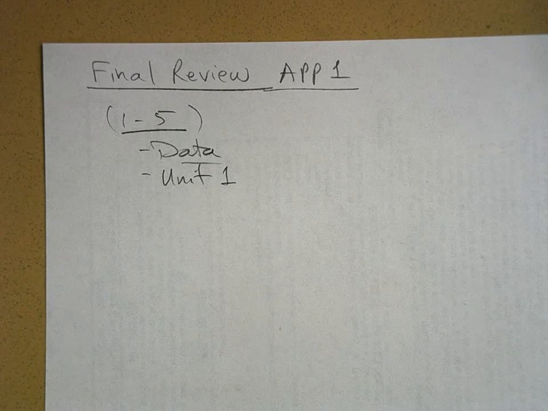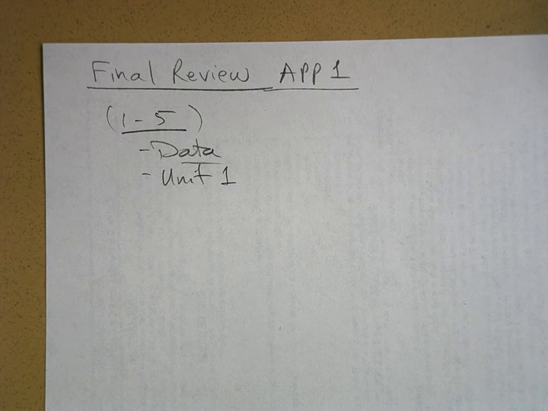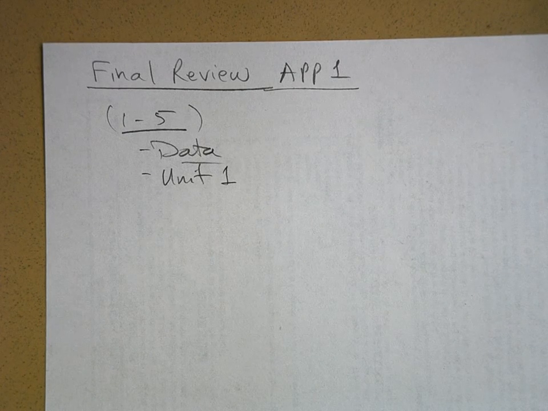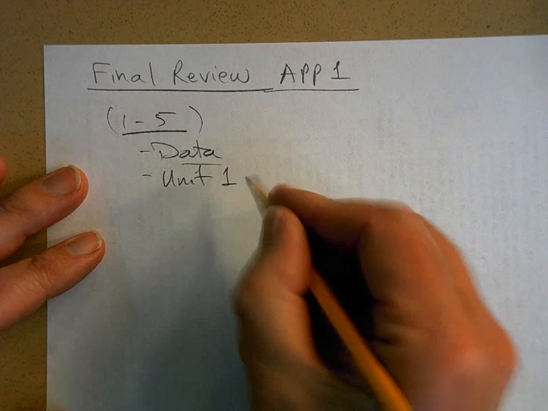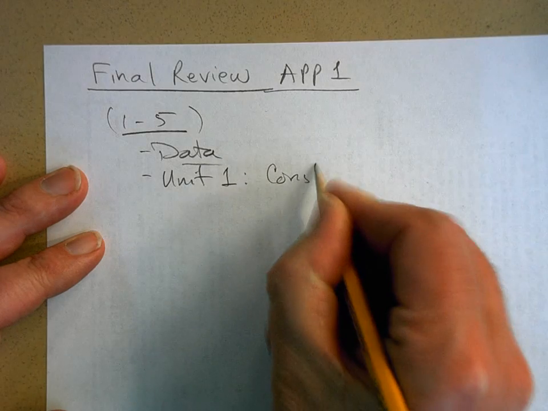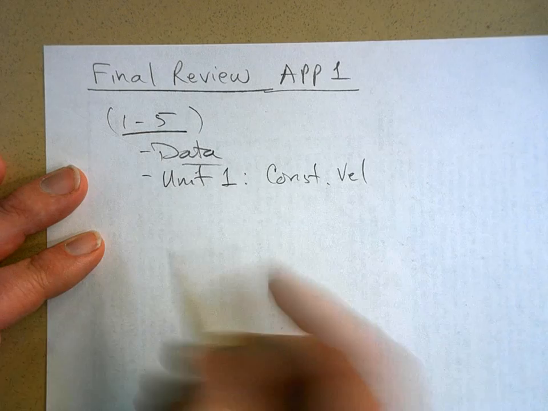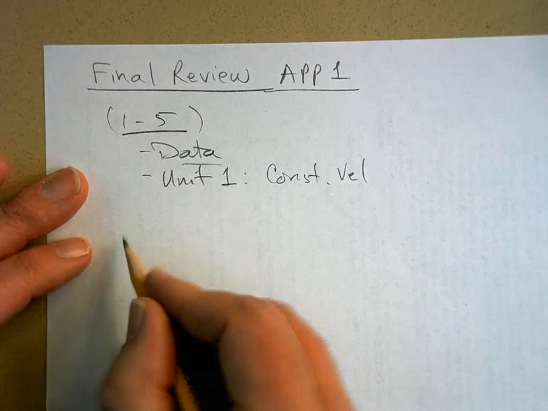So with that one little problem, I have 5 multiple choice questions about it. And some of them are really basic, easy stuff. Don't worry. If something seems too easy to be true, I'm not trying to trick you. There's no trick questions on it. But you should know unit 1, constant velocity, and so on. Now 6 through 9